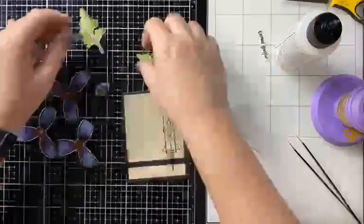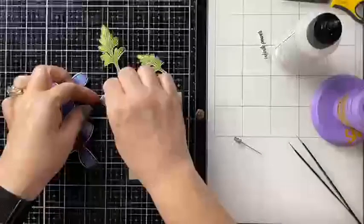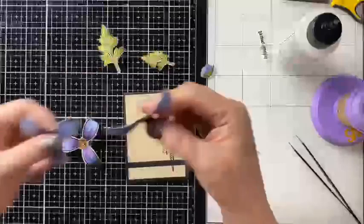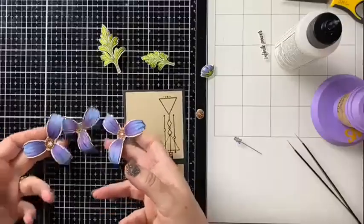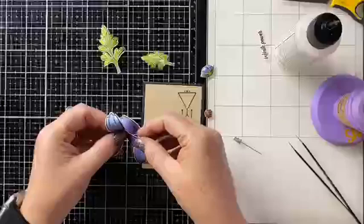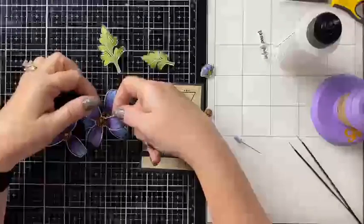Alright, so we have leaves, and we have a bud, which I don't know if I'll use. We have a sentiment, we have flowers. Okay, so one of these I colored the complete center, so this needs to be the one on top. And then,